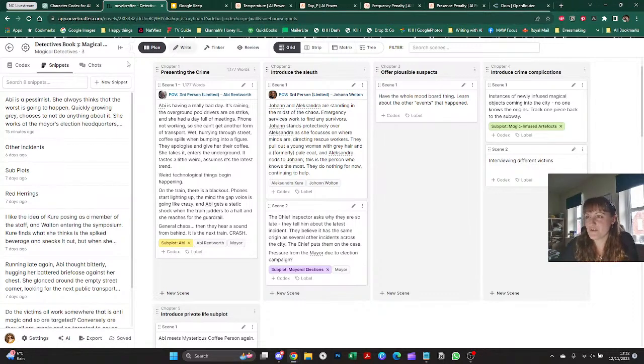So I've got some subplots. So I used within this book